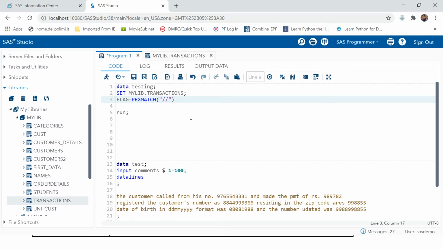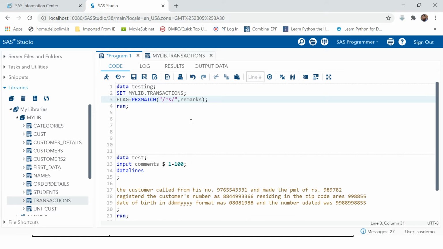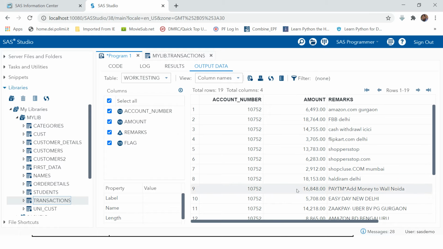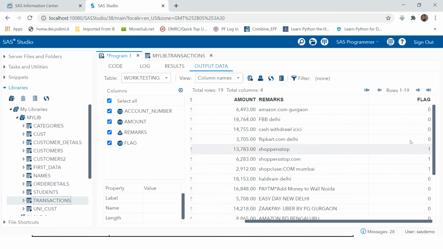So this is the forward slash you need to provide, and inside this you need to put the expression. What is the expression that we want to put over here? This, and the string which you want to search should be starting from small s. All right, and the variable where we want to look for this is remarks. Okay, let's search for this and come over here. So these are the three strings which starts with small s.